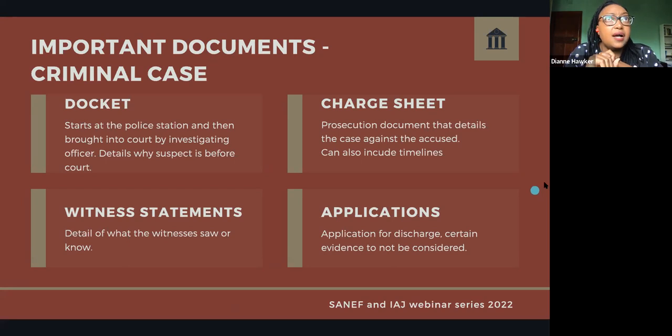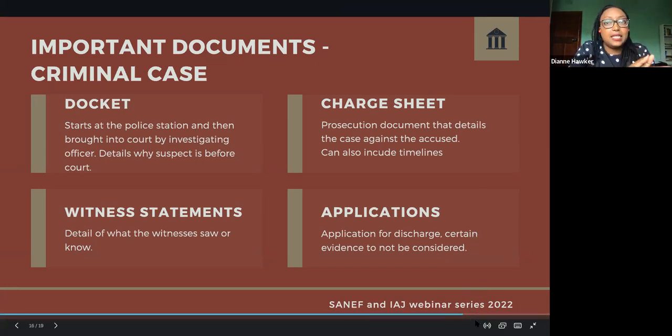Example being, in the recent Zandile Mafe case, the journalists asked to look at the docket, and that's part of how they found out that there was a new terrorism charge added to the case. So it's very, very helpful to ask to look for the docket when you come for the first appearance. As the case progresses,